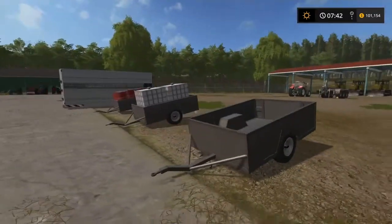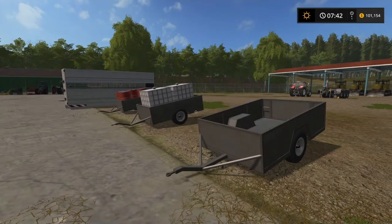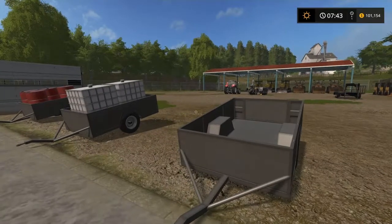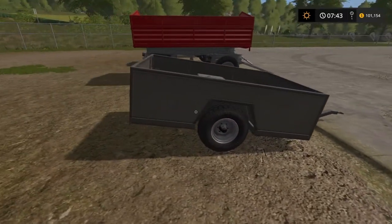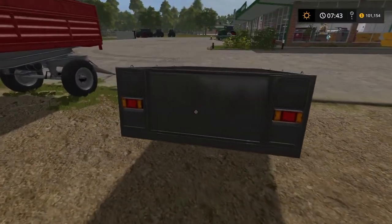So moving on to the next one. This is something a little bit different actually, and I quite like these. This is the one axle trailer pack, again by CatFan18 mods. Polish single axle trailer of my own design is the description. And I mean it kind of does look like a sort of homemade trailer, which actually I quite like. Nice